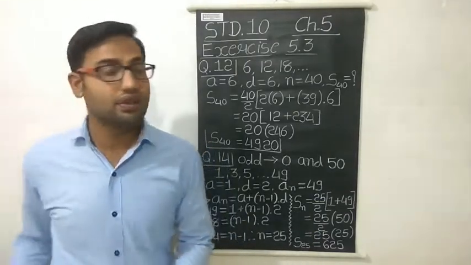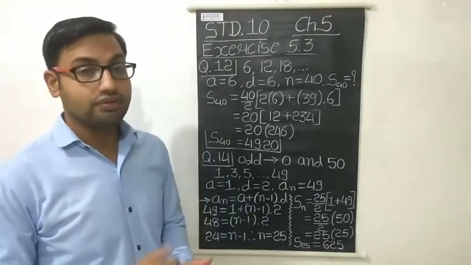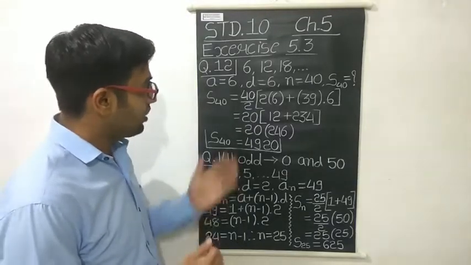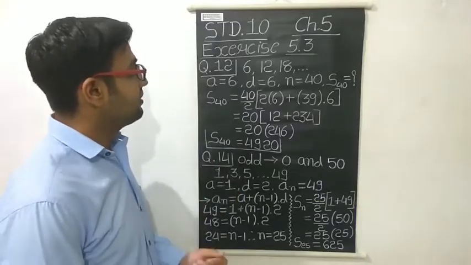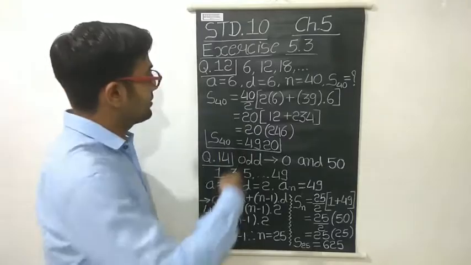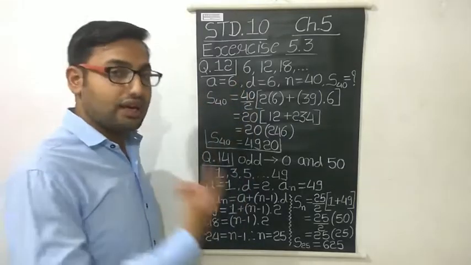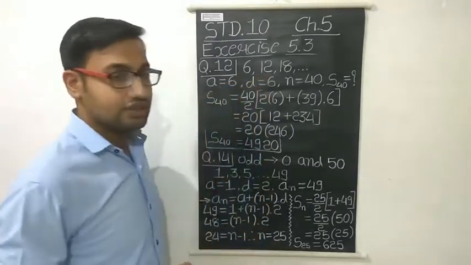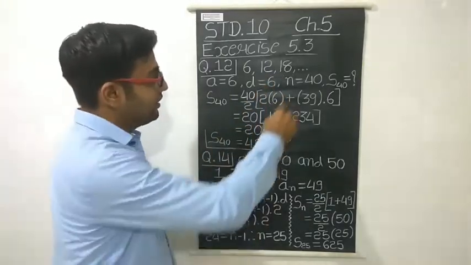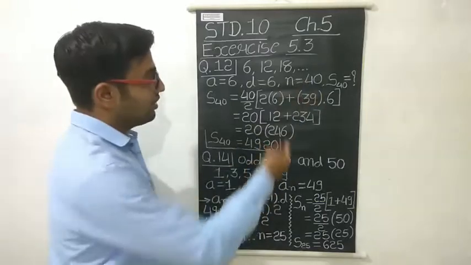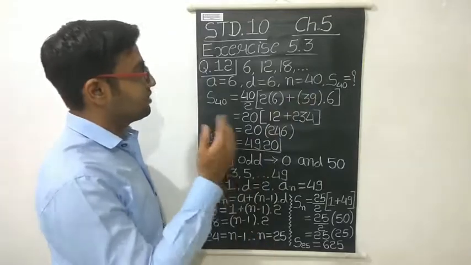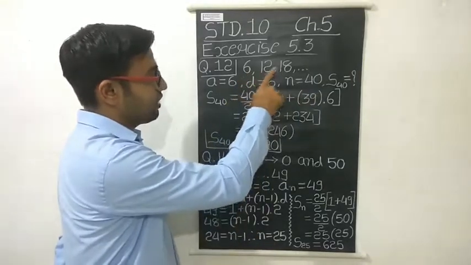Okay, so here what we have to do? We have to find the first 40 positive integers which are divisible by 6. So the first number which is divisible by 6 is 6. The second number that is divisible by 6 is 12. In the same way we get the third as 18, and so on. So we have to find out the sum of all these numbers, 6 plus 12 plus 18